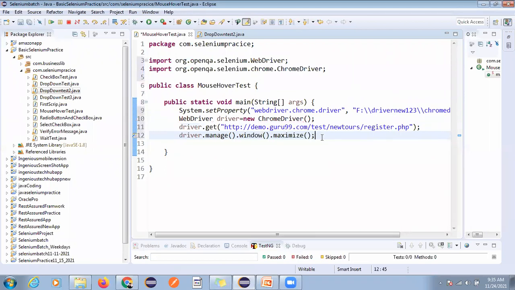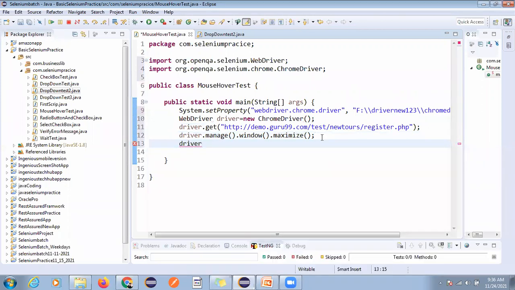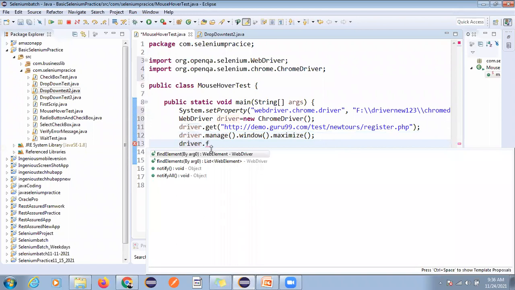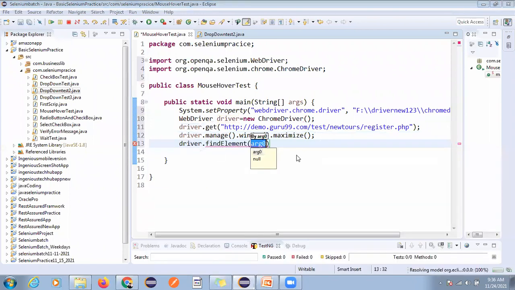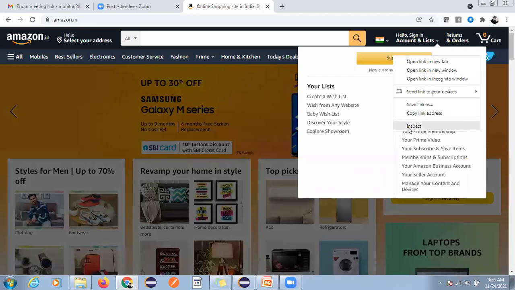and now driver. Sir, change the URL, driver.get. Yeah, I'll change it. Okay, find element, and here you can inspect this.